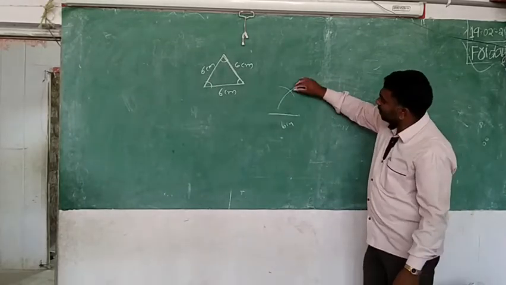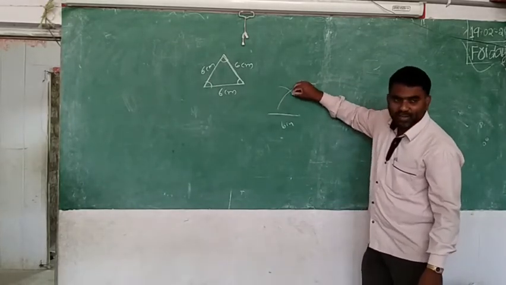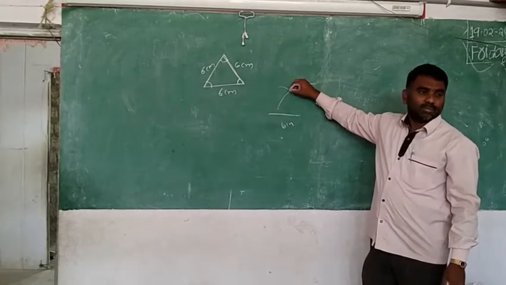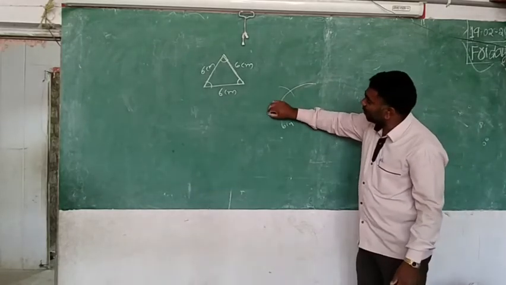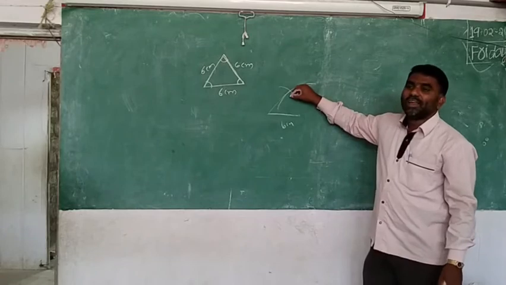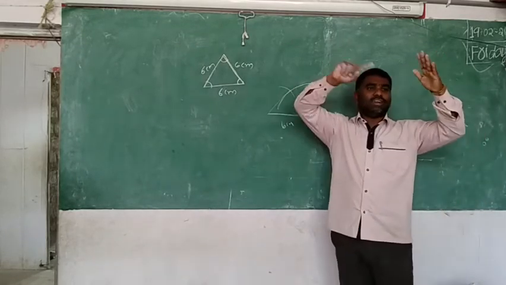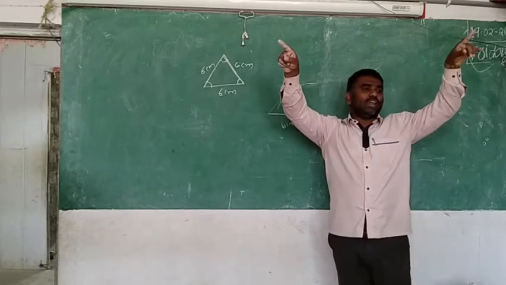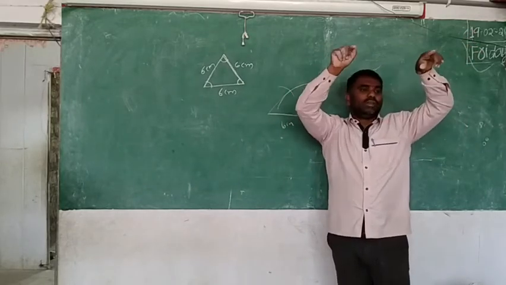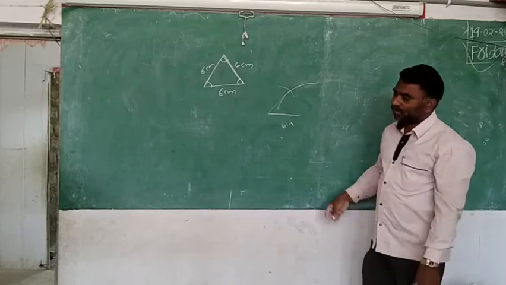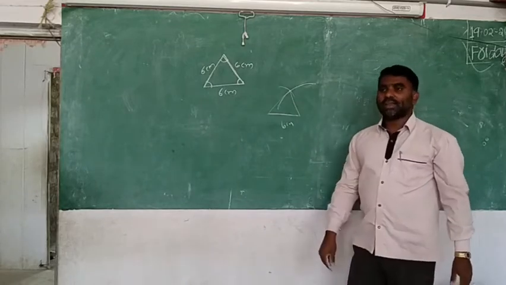This will join here. Here to here is 6, and here to here is also 6. If you draw only one arc, you are confused where the other point should come. Now two choices you are trying: the first choice is here, the second choice is here. Both choices meet at a common point. From the common point you join, then you will get the equilateral triangle.